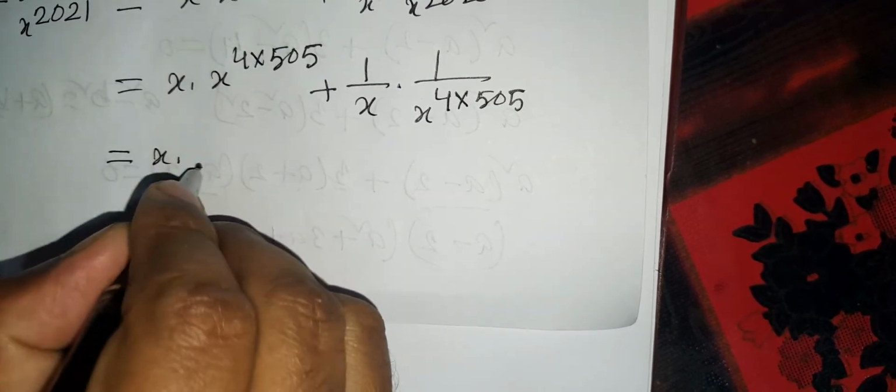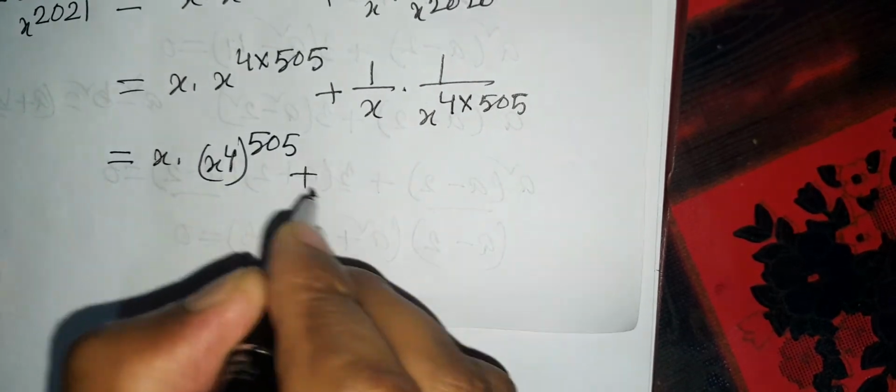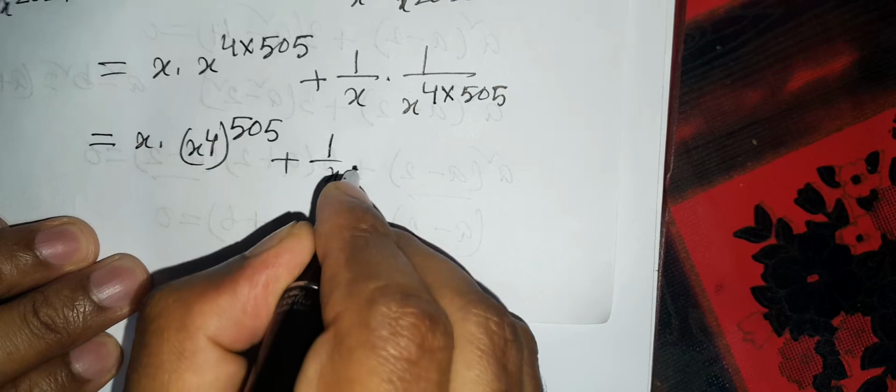Okay, and we use the formula x into (x to the power 4) all to the power 505 and 1 by x into 1 by (x to the power 4)